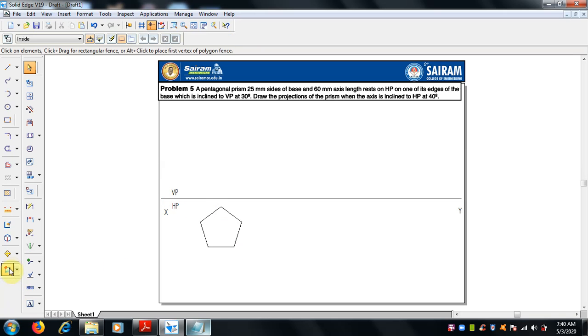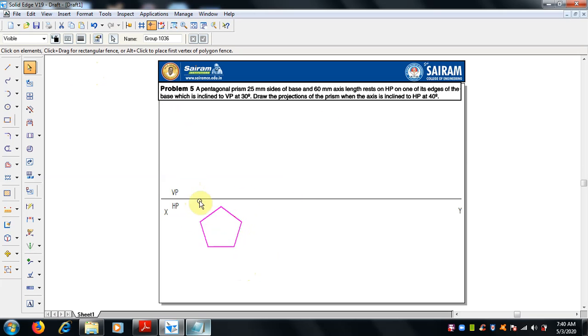So each entity we have to select, and we will make it a group. It is selected as a group, and 0.5 mm thickness.